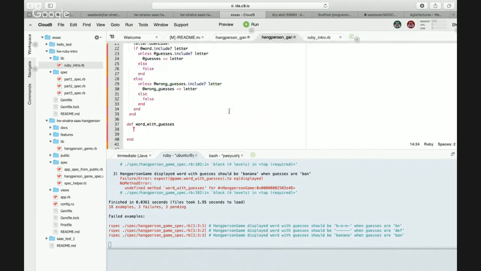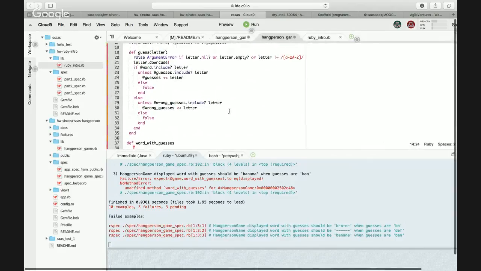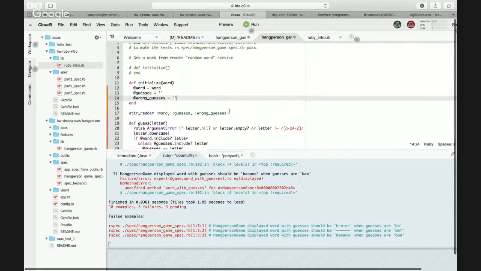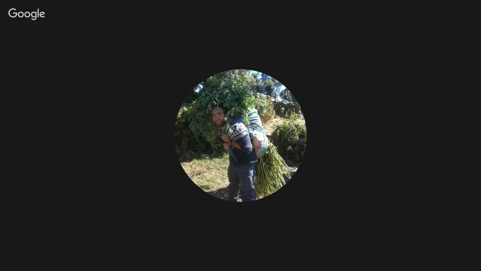So basically, word with guesses is exactly the same as the guesses? What was the variable name? Yes, the guesses. We need to return simply the guesses. No, we have to return the guesses, but it has to look like the values of that hash, of the test cases hash. You see, it has to be with the dashes.